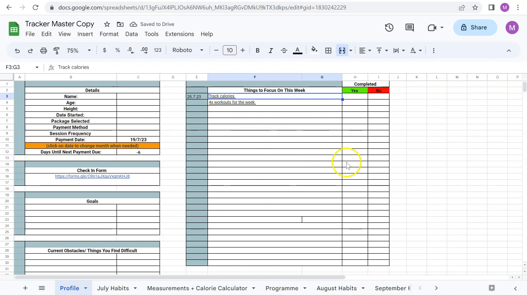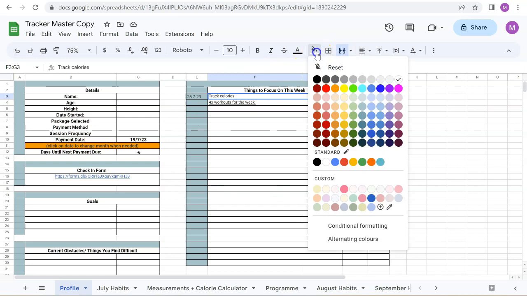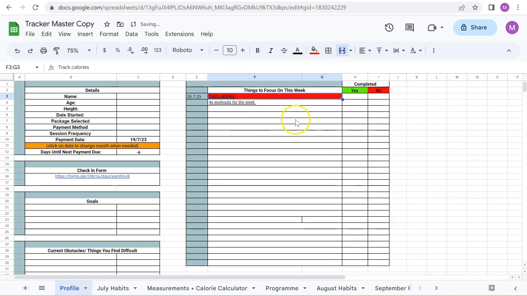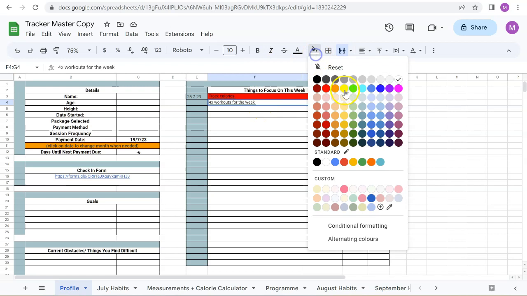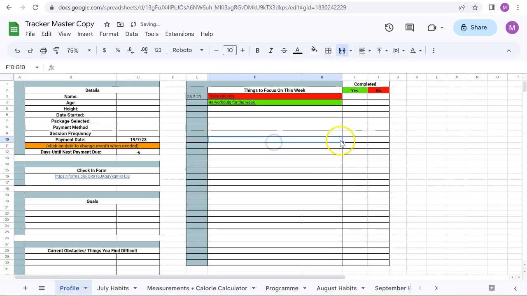If they haven't been done, they will go in red. And this is just a visual tool, just so that you can see how you're getting on. I don't want you to think of it as good or bad, but more so it's for me and easiness sake of reading it. So if we've done that, it goes in green. And if it's, say, meal prep,